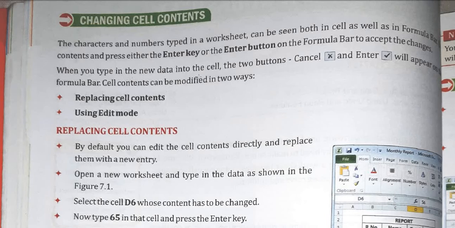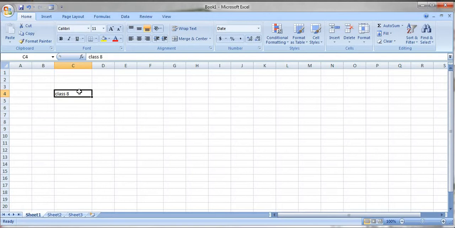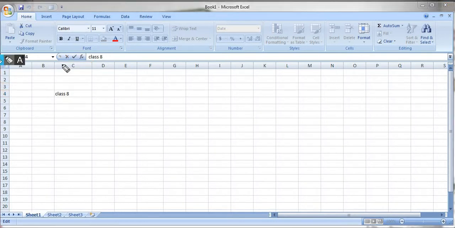When you type in new data in a cell, the two buttons, Cancel and Enter, will appear on the formula bar. See here, this is the Enter button, the tick, and this is the Cancel button. Are you able to see? This will appear when you select here, or here when you write something.